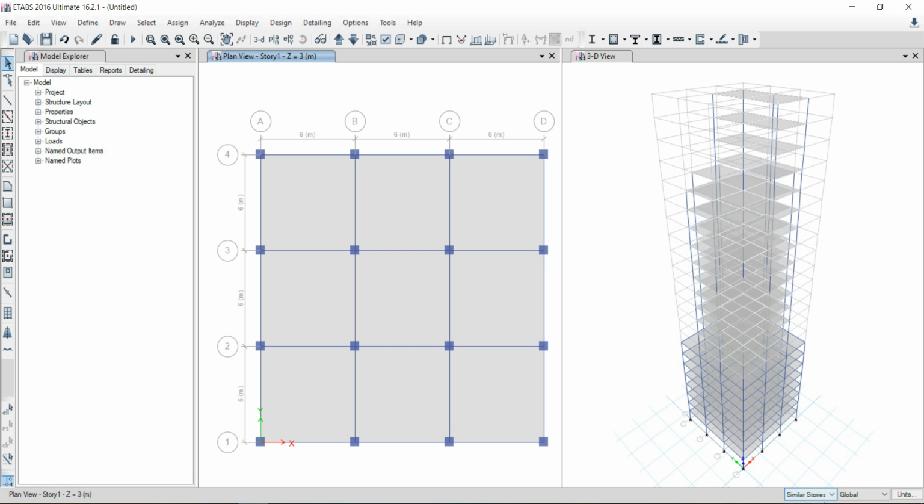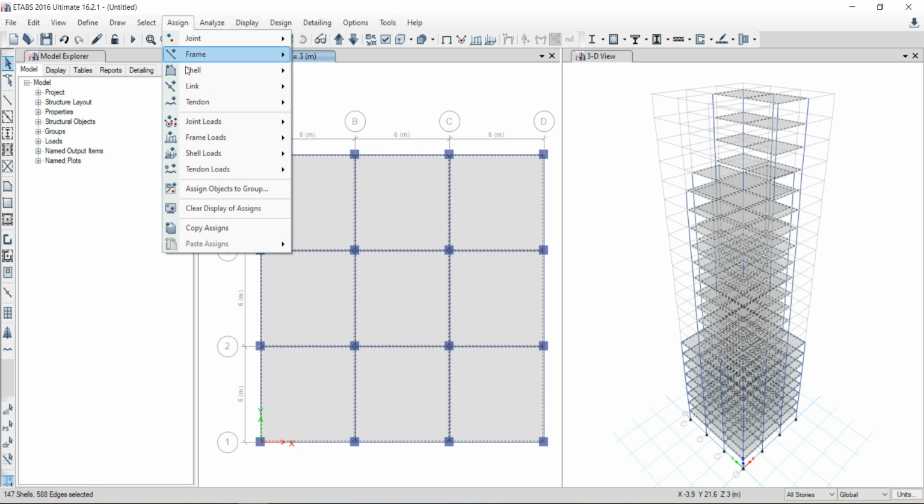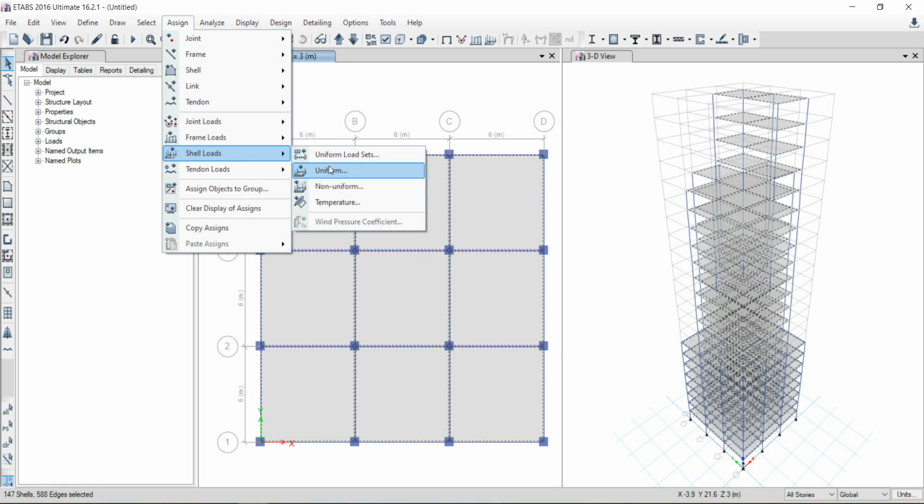So we have to change the similar story option to all stories and select the shells one by one as shown. Make sure the selection is right, then go to assign, select shell loads and click on uniform.